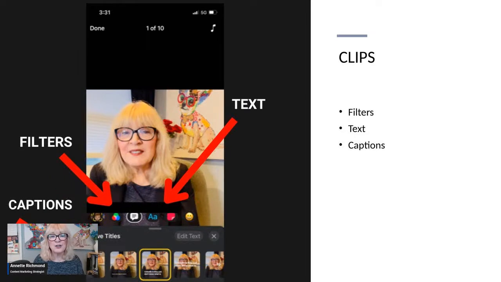Again, here's the filters. I use filters on the videos that I create. Now Zoom has a soft filter. Even StreamYard that I'm using now has a soft filter. If you're over 25, you might want to use it. I love them. But you can add all kinds of filters. You can add captions right in there. And again, you can add text. So if you want to put something on the top of your video, which is a great thing if you're putting it up on TikTok.